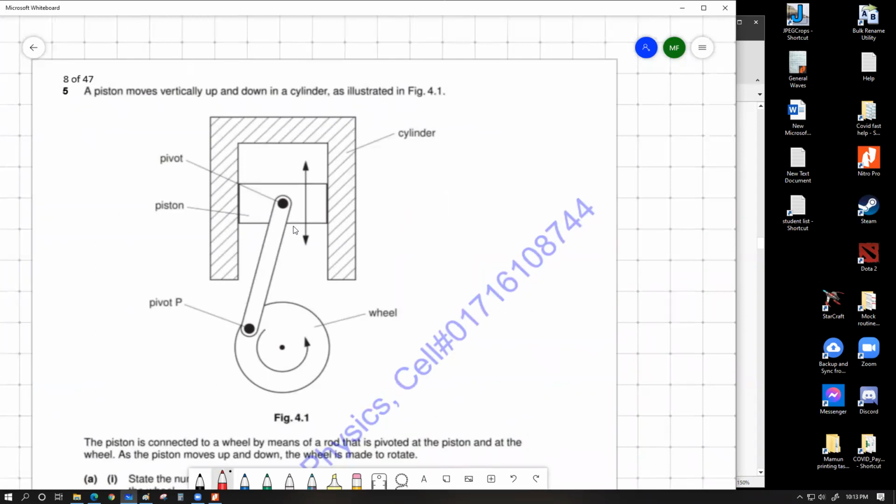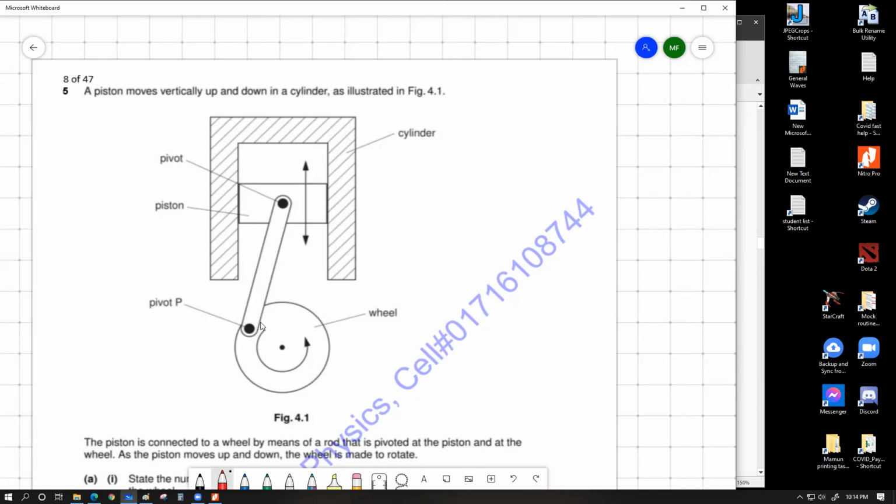This is how a typical crank engine, or a typical petrol engine, diesel engine works. This is a cylinder where we have a piston. This piston within the cylinder can move linearly. It can go up and down. This is connected to a circular rotary mechanism with a single piece of rod, in this case, which is this thing. And we have two pivots over here, which are basically working like hinges. As this wheel will rotate, this piston is going to go up and down. Try to understand. The rotational motion of this wheel is going to be converted into linear motion of this piston.